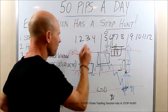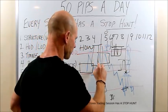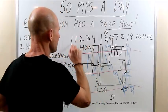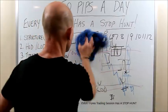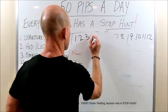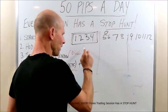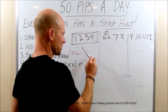Where's the overall high and low of the week? Is there a measured move from a peak formation from Monday, Tuesday for a full extension of the move down for maybe 150 pips? But in that first 12 candles, if they haven't hit the stops, if you're in a trend, I'll write this out again. If you're in a trend and we get to the New York Open,